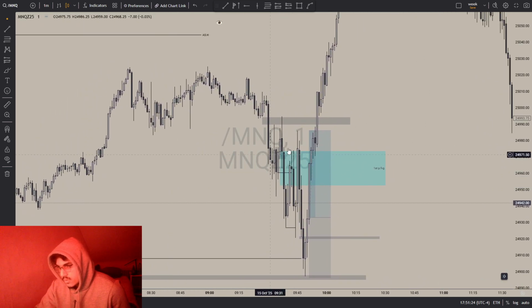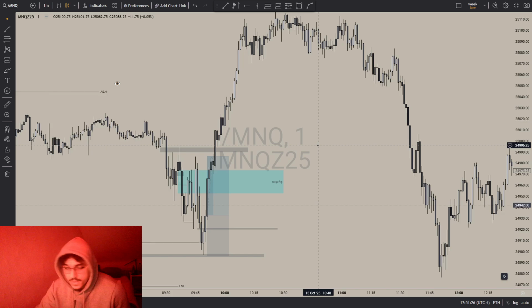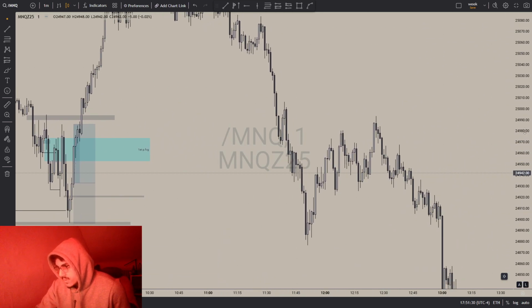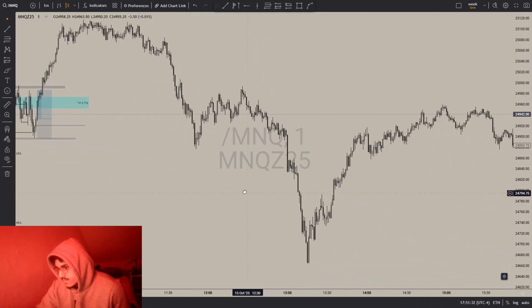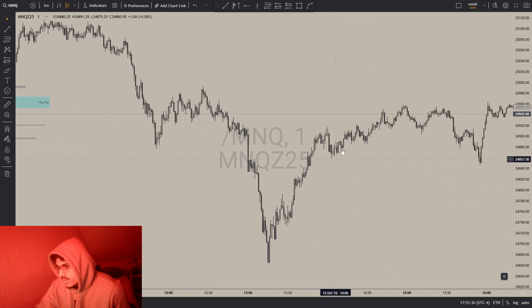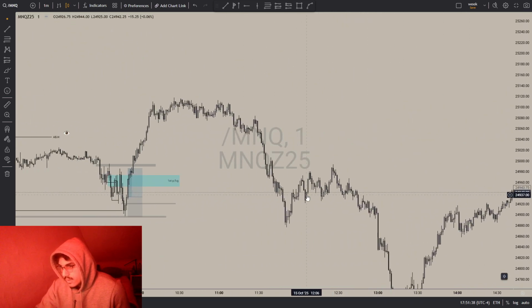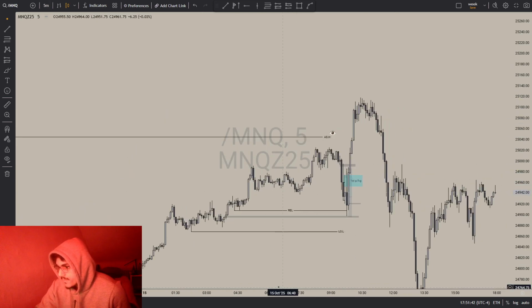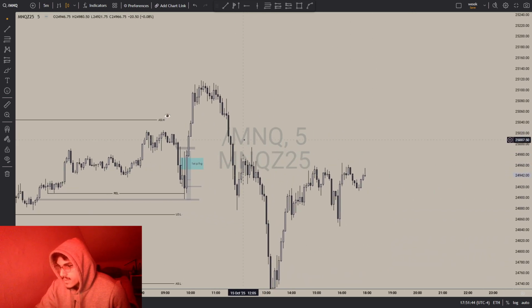Price action is so back. I hope it stays like this, because look, we had this AM move, then this drop. I think Trump again spoke about something about the tariffs. We had this drop, then up, and I see a lot of setups forming here. If I go now to the 5 minute, yeah, I can see a lot of setups forming.